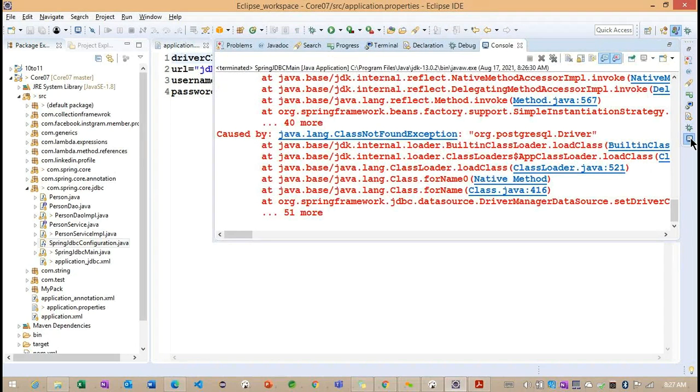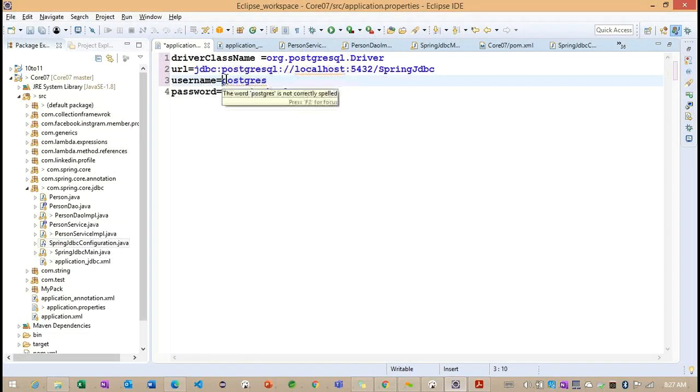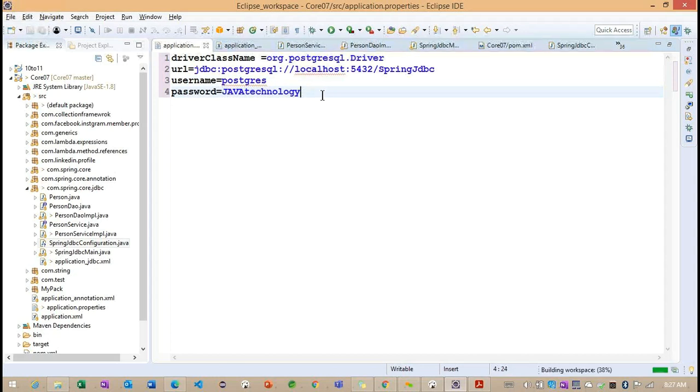What is org.postgresql.Driver? Maybe we are getting it as a string. Because of this, I think we could not get it.